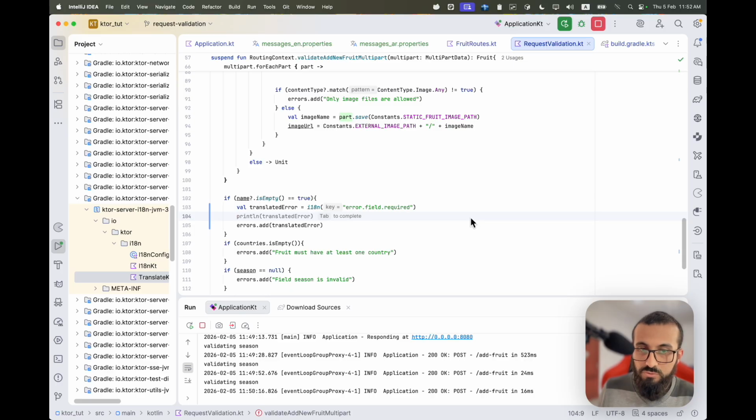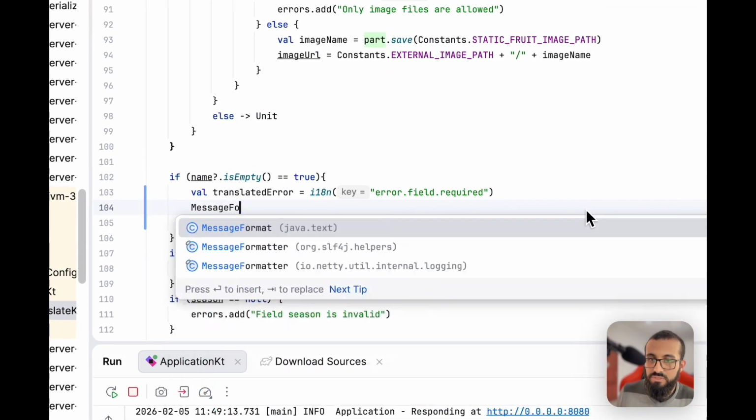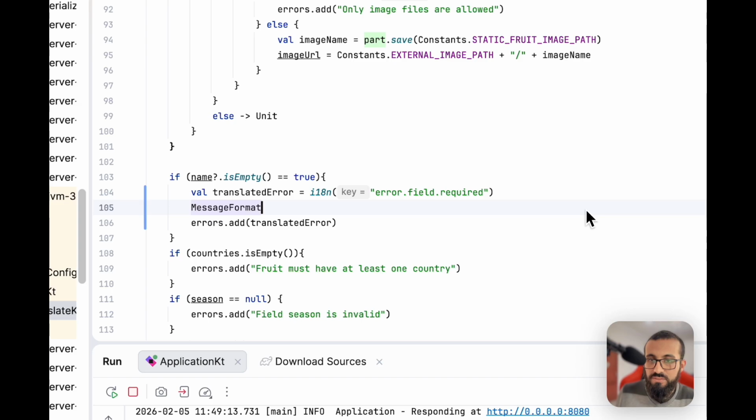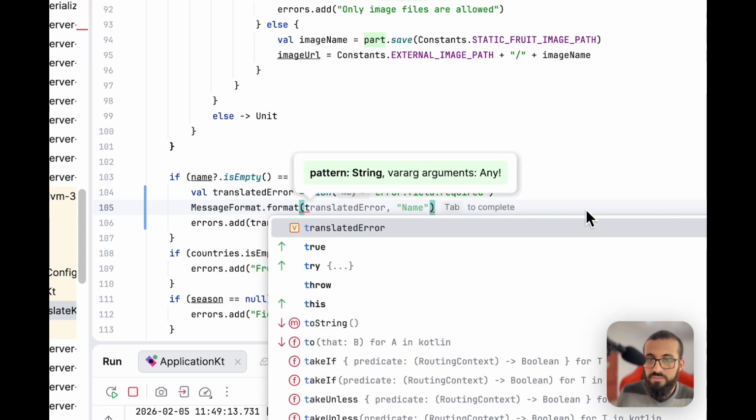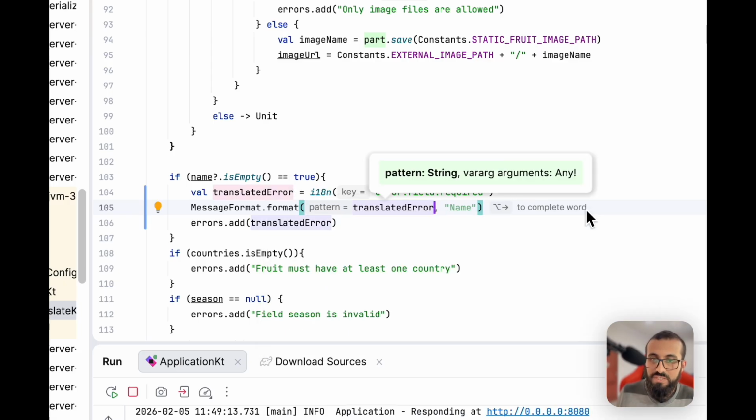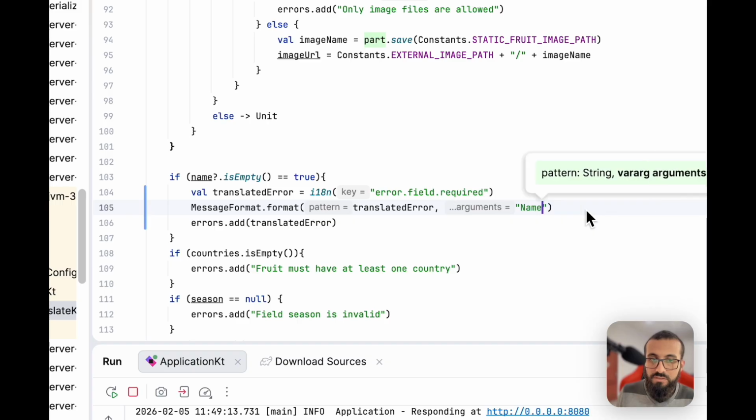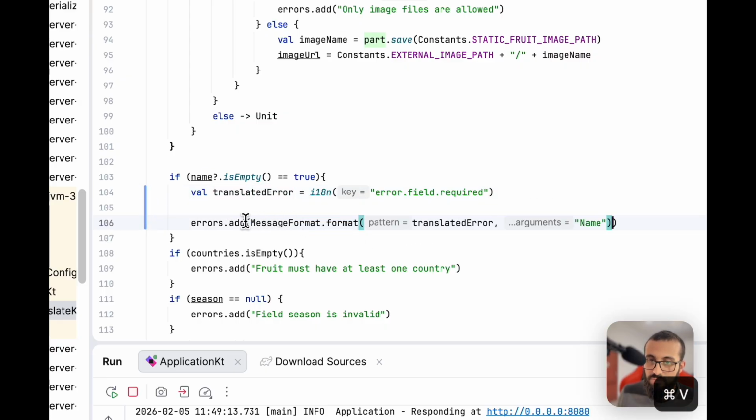So what we need to do is say MessageFormat from java.text, and we can say dot format, and as you can see, that takes the pattern or the string that we want to inject those placeholders into, and then it takes our arguments, which here we want to say name, for example. And instead of passing just the translated error, we want to pass this. So let me just pass that here, and let's rerun the server